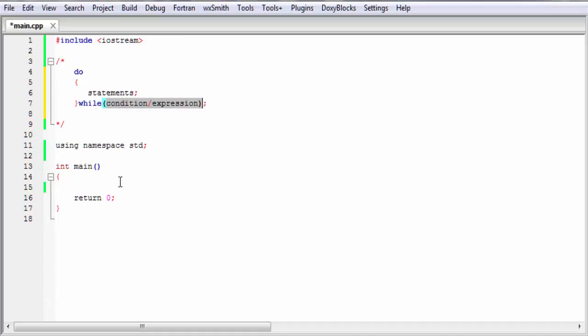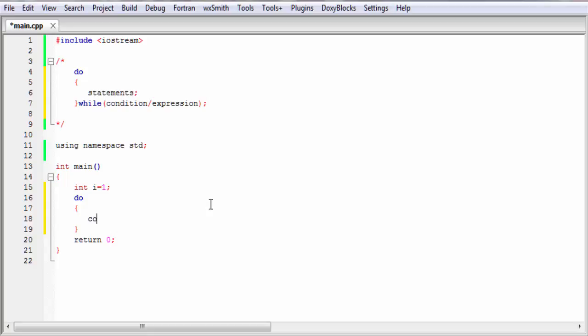Next we see how we can use the do while loop in our program. Here we write a simple program that prints 10 numbers to the screen. So let's start. Here I am going to declare a loop counter, int i, which is initially assigned 1. Then we write the do while loop. First write do, then a pair of curly braces. Inside the curly braces you have to write the statement.